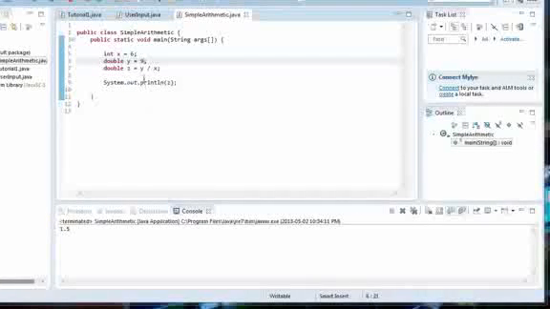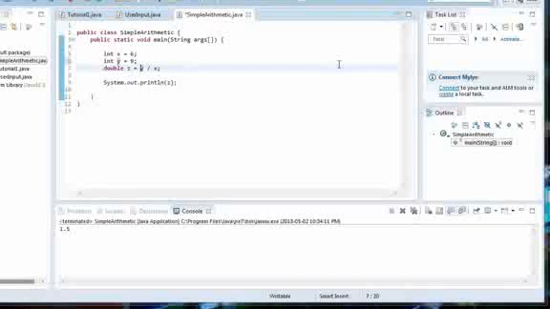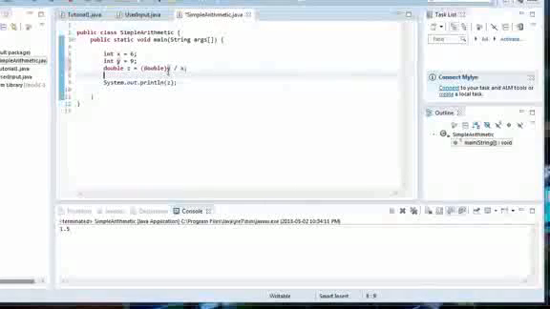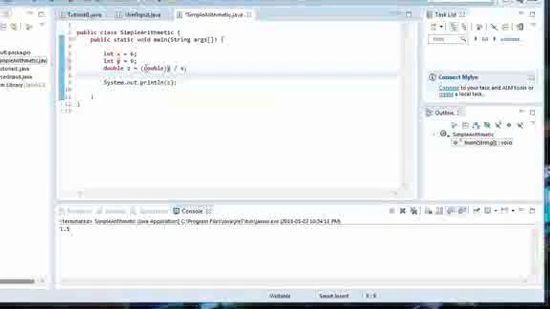There's another way around this. If I keep both of them as ints, but in front of the y, I do open brackets, double, and close brackets. Now what this does, it converts, okay, if you have a double in brackets,